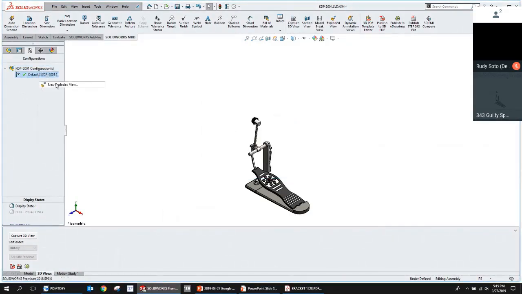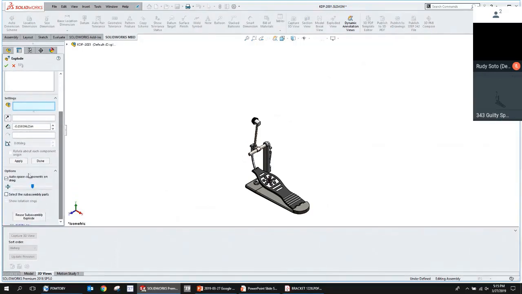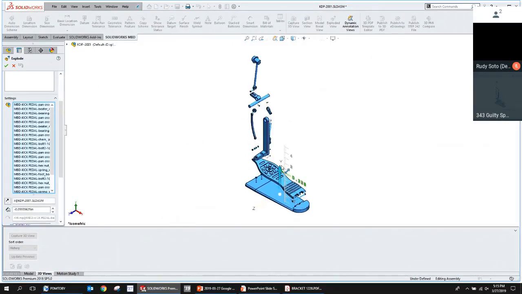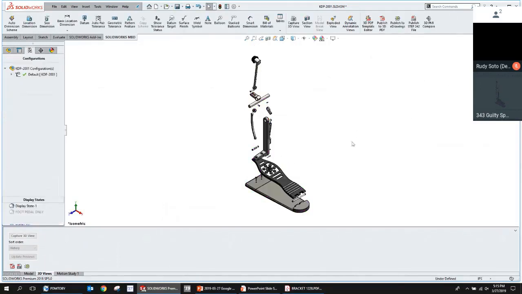So I'm just going to delete that and do it again. So we go new exploded view. And what this means is, if you had 3 parts and you grab them and drag them, they would space out like nut, bolt, washer, or something like that. But if you do that for an entire assembly, it can be a nice time saver just to get the whole thing to kind of explode. Pretty unlikely to be final, but it's a good starting point. Then you can start pulling the other parts off.